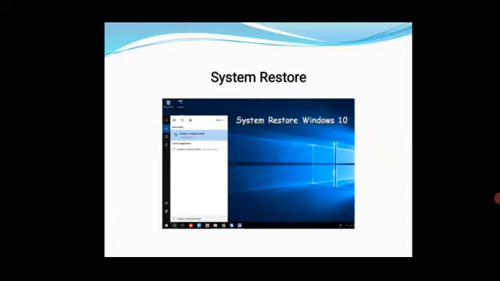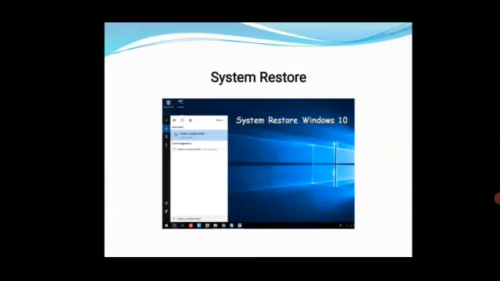Windows 7 or Windows 10 or Windows XP, whatever it may be, you can create a restore point. After creating a restore point, you install some computer software. Mistakenly your system gets into a hanging position. So what will happen?